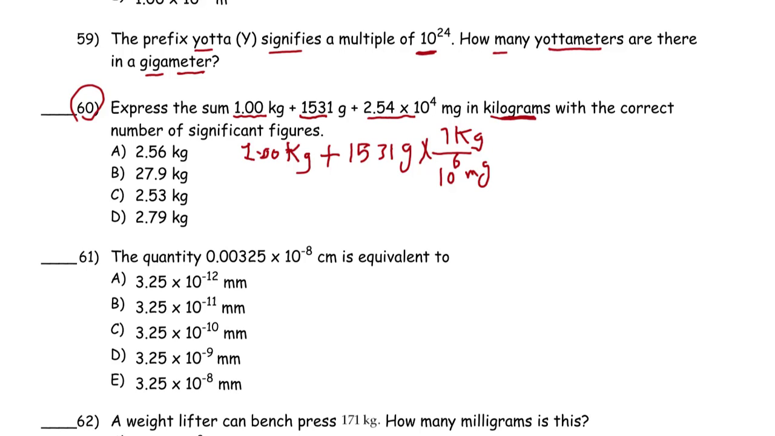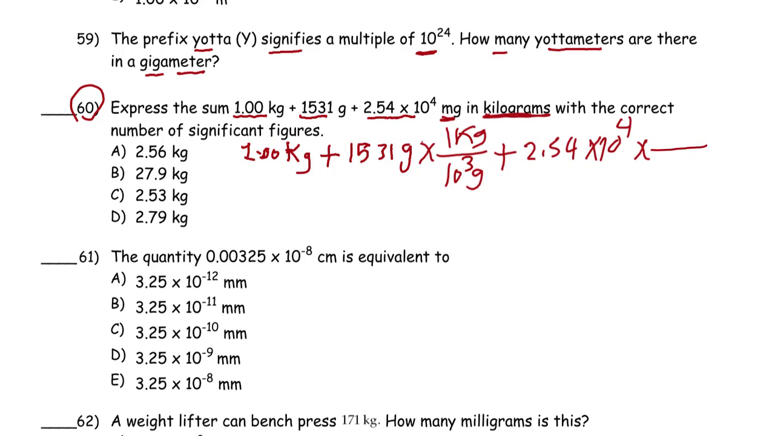Hold on, we can write it in a different way. At the beginning, let's convert it. We need to convert it to kilogram. So times 1 kilogram over 10 power 3 grams plus 2.54 times 10 power 4. We have here milligram, so times 1 kilogram over 10 power 6 milligram, because 1 kilogram is 10 power 3 gram and 1 gram is 10 power 3 milligram. Milligram goes with milligram and gram goes with gram, and here we have 1.00 kilograms plus